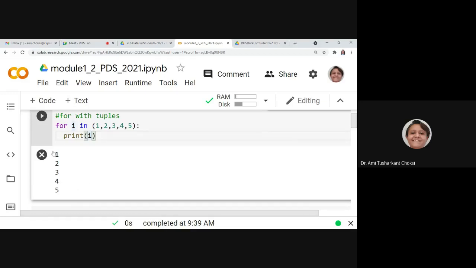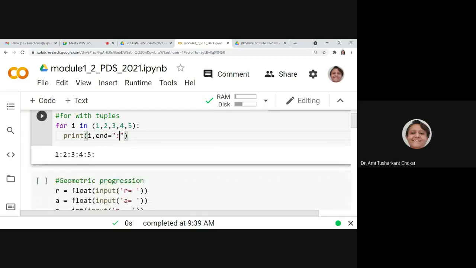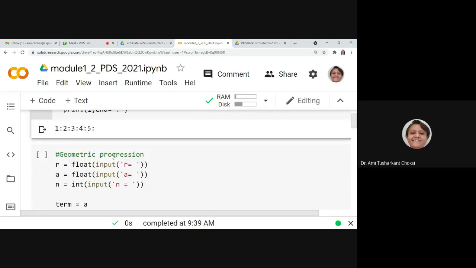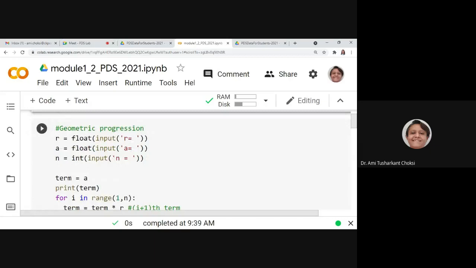Now, this output is vertical, and I don't want to see it like that. No issue, you can have it this way: end is equal to a colon separator, fine. So you can see it as 1 colon 2 colon 3 colon 4 colon 5 colon.